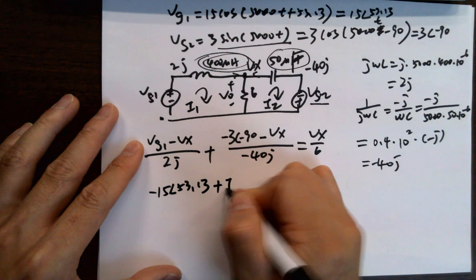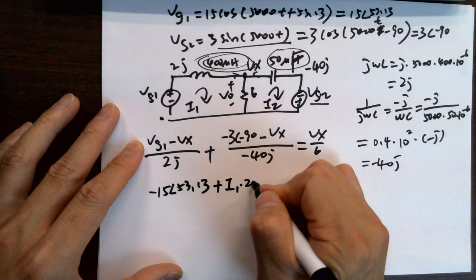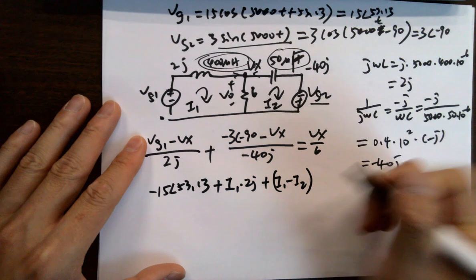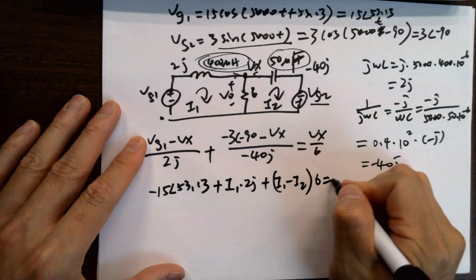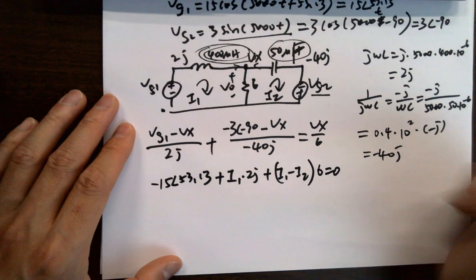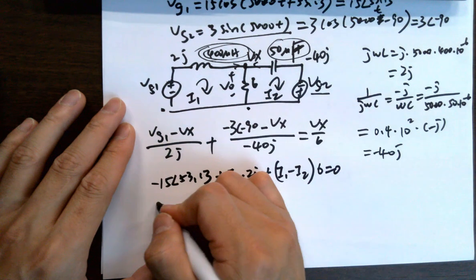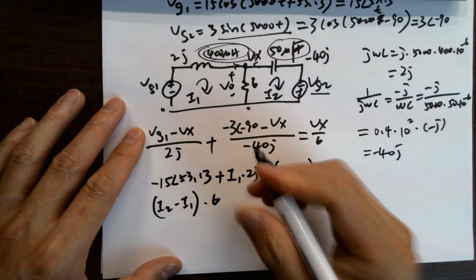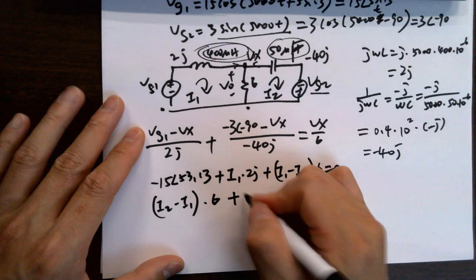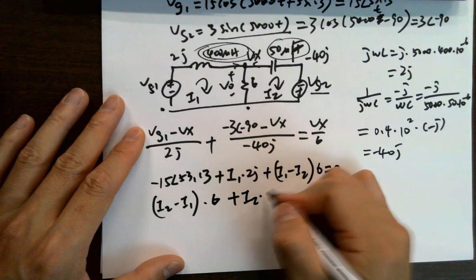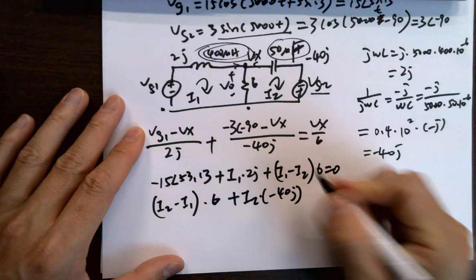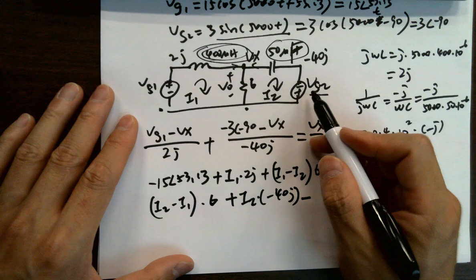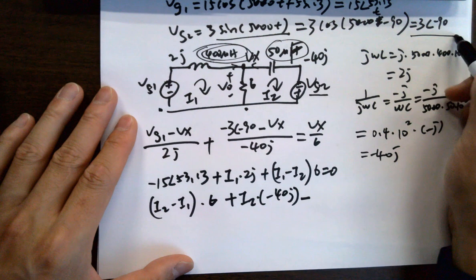Plus I1 times 2j plus I1 minus I2 times 6 ohms equals 0. Starting from here, you're getting I2 minus I1 times 6 plus I2 times minus 40j minus VG2, right? Minus VG2. This is VG2 minus